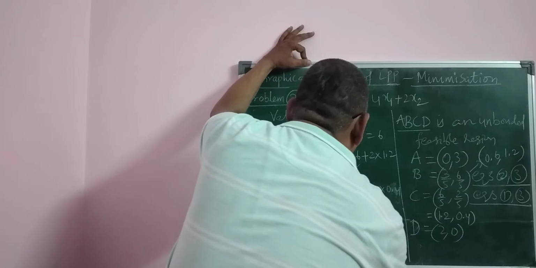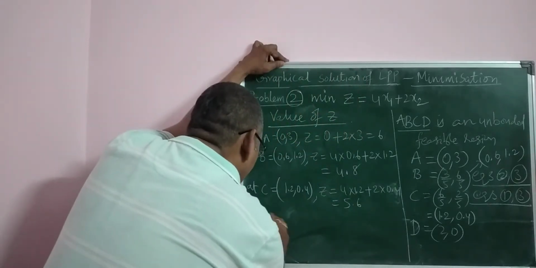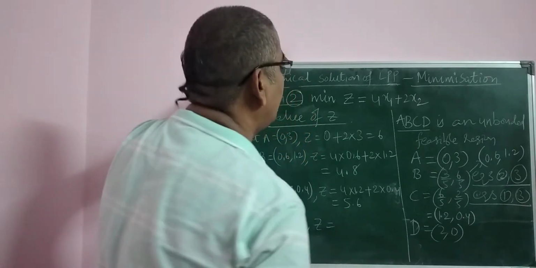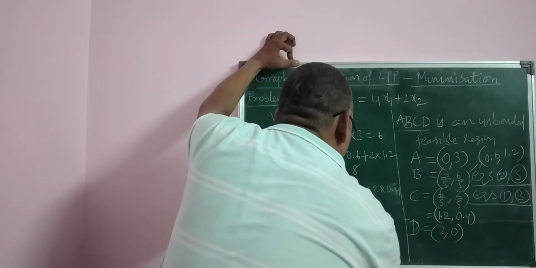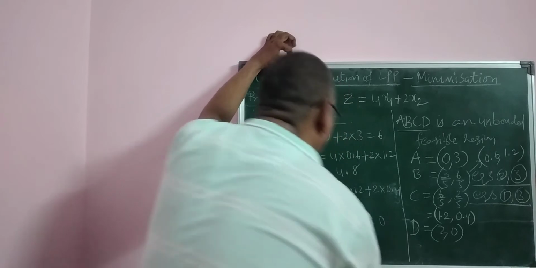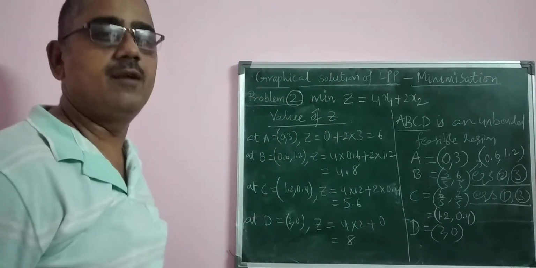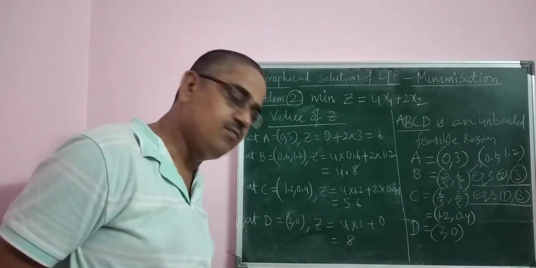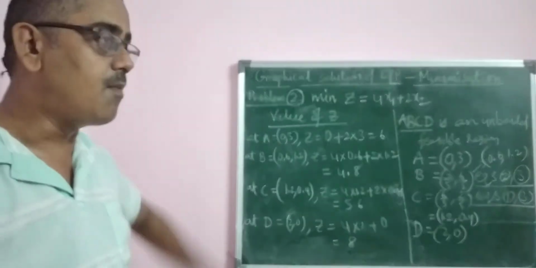5.6. And at D is equivalent to (2, 0). Hence the z value is 4 into 2 plus 0, which is 8. These are the values we have obtained for z. So the z values are 6, 4.8, 5.6, 8. So these are the values of z, amongst which